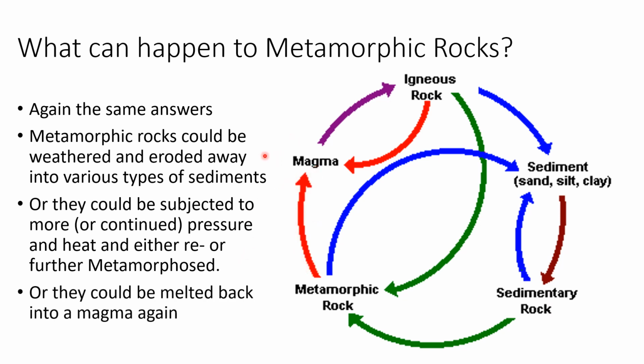And then, of course, if you get it heated enough, you can even melt it back into a magma and start all over again. Remember that this thing is circular, so you could have started anywhere, and we would still have gotten all the way around. You can short circuit it with these arrows in between. Let's see, what else? Remember that these are processes, the arrows in between, and the diagram that you're filling out to go with this is more about the characteristics of sedimentary rock, of metamorphic rock, and of igneous